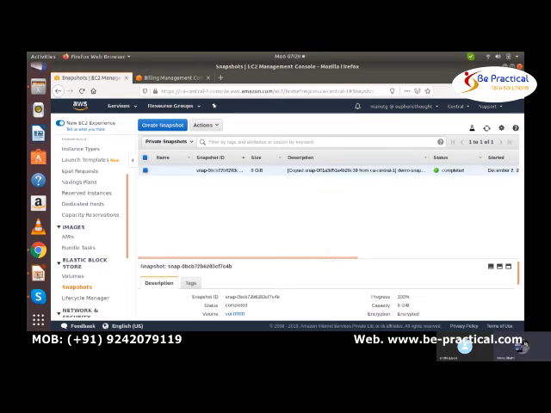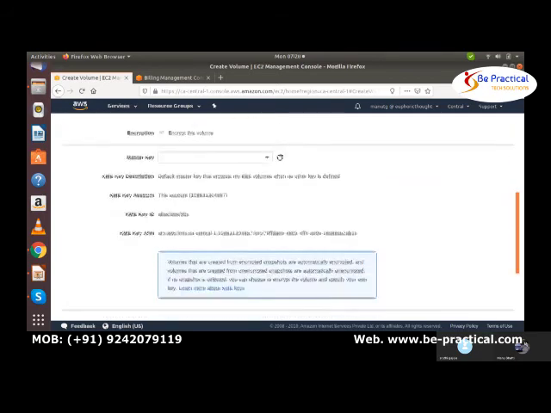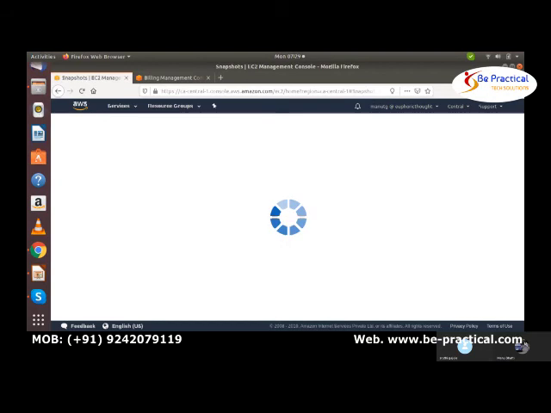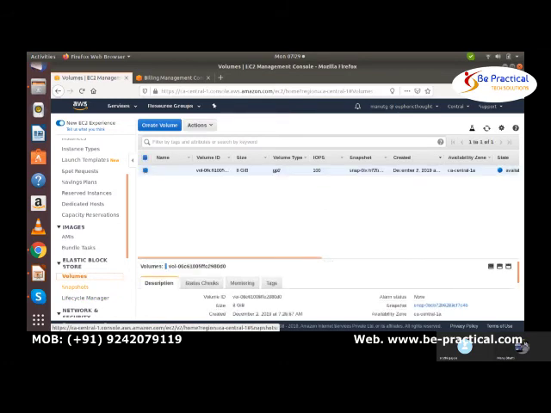So now we have shared it like that, and with this, in this account, what we can do is click on create volume, then create the volume.